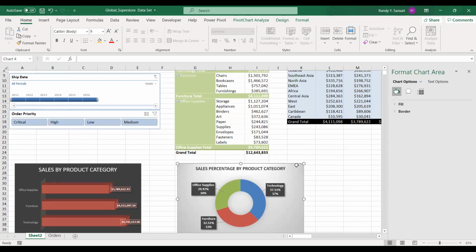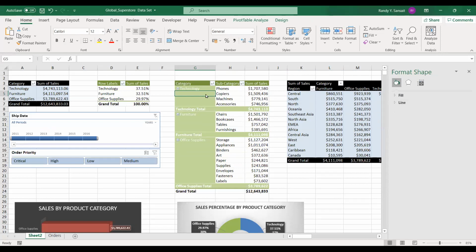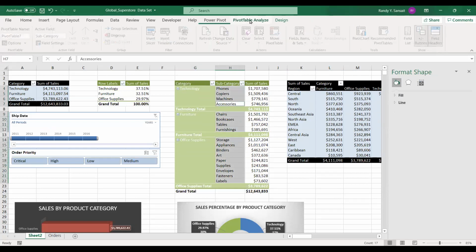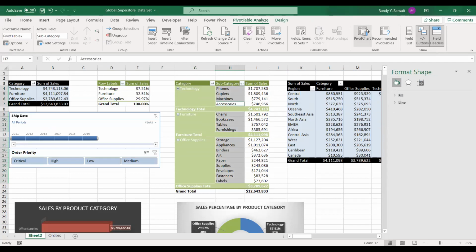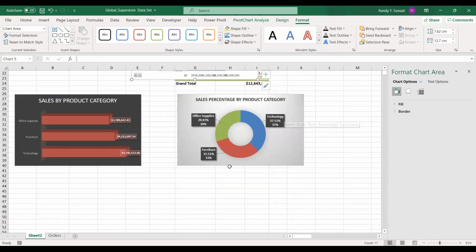Now, for the third chart that we have, so for the third table that we have, we're going to insert the chart for this also. So select this, and then pivot table analyze, then pivot chart. Then mamimili tayo ng chart na gagamitin natin. So subukan natin na bar din ang gamitin dito. Let's see if this will be presented well using bar. Then let us click the OK button. Ayan. Pagka ginawa po nating bar,